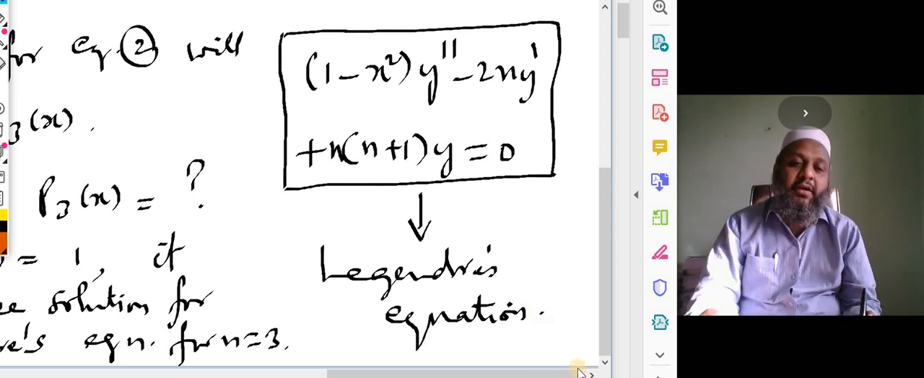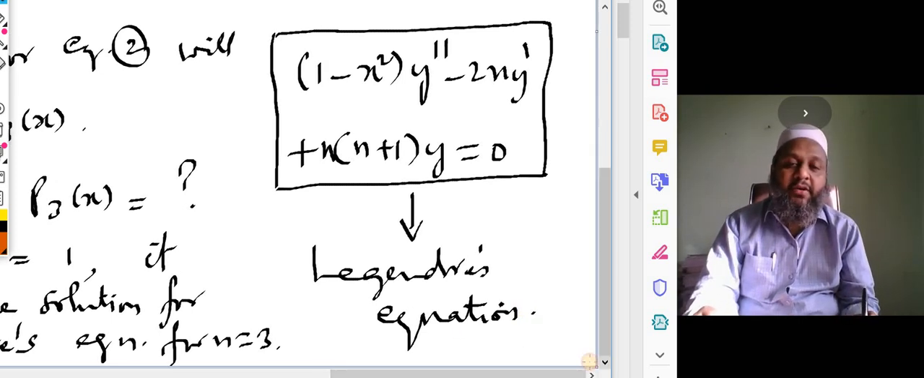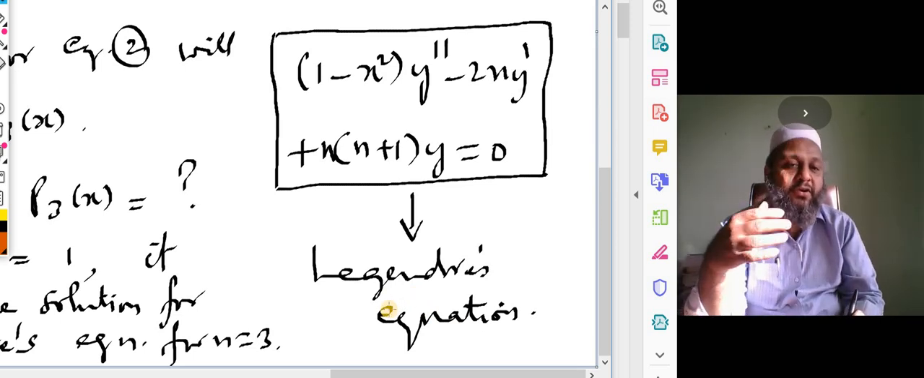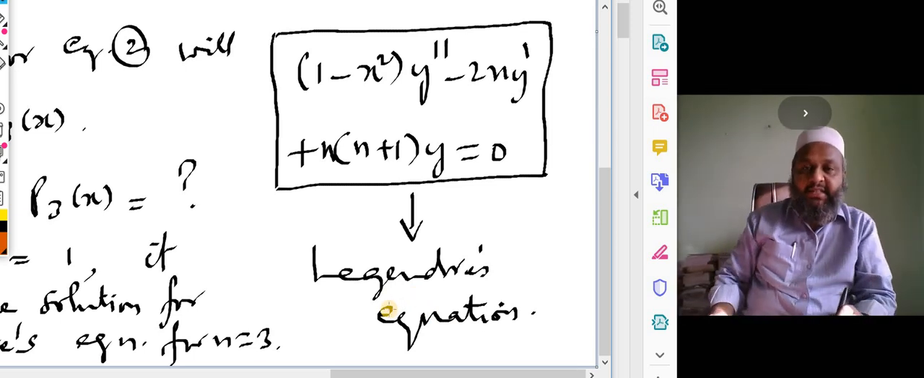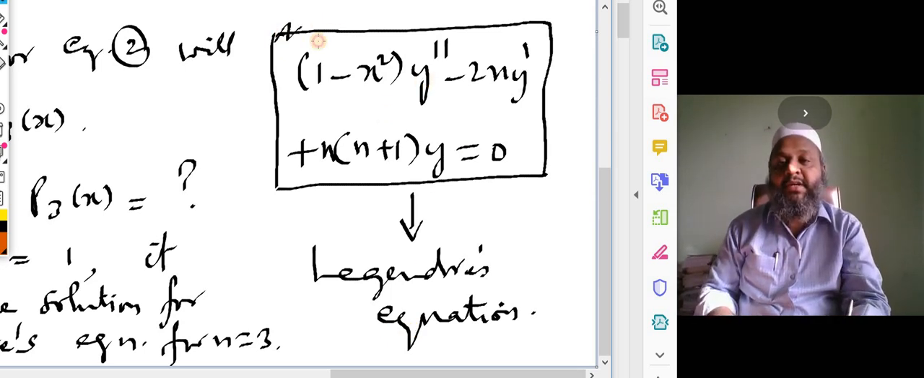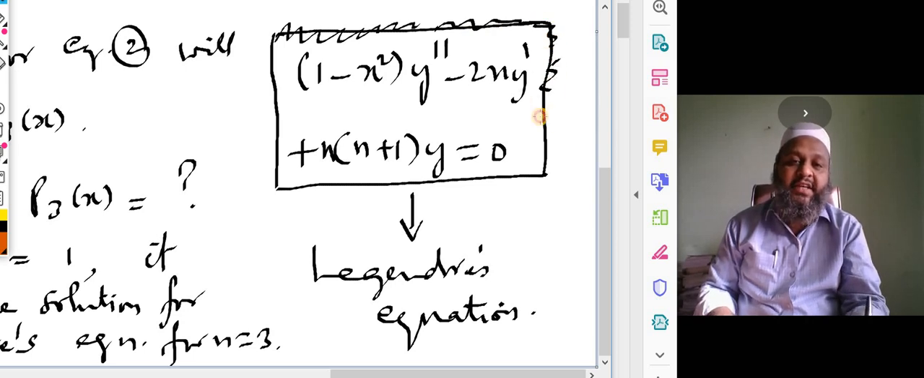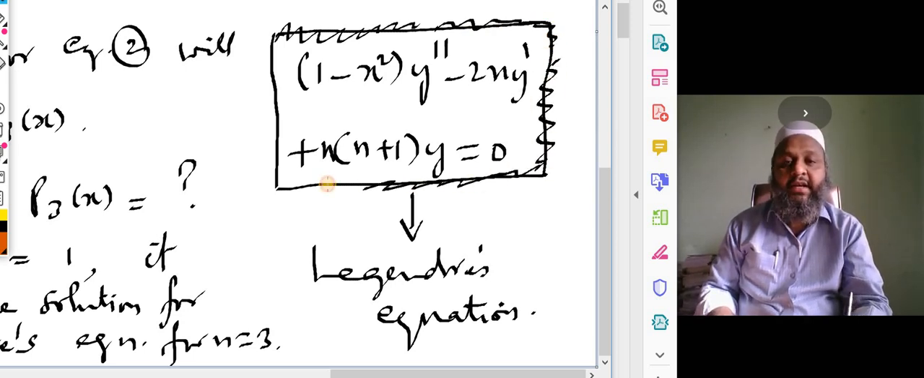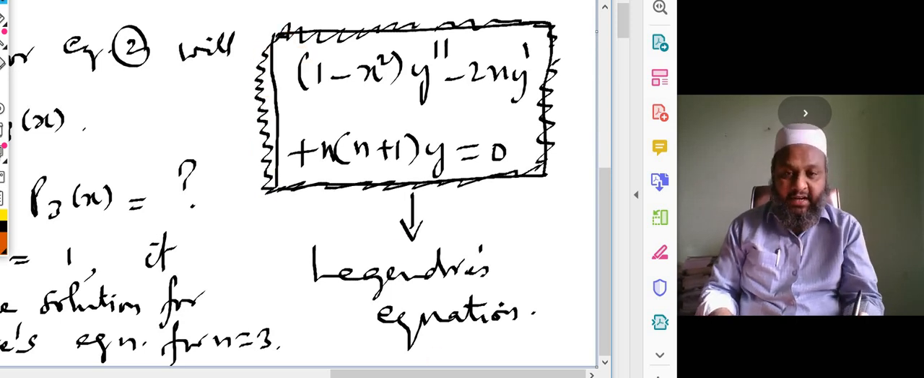Now at this point of time, I would like to conclude one point, that we are going to deal about Legendre's polynomials in detail in the next session. Right now we are just solving this particular Legendre's equation. So for saving time, I have already written the complete solution for this Legendre's equation. I will directly jump to that one. Okay,